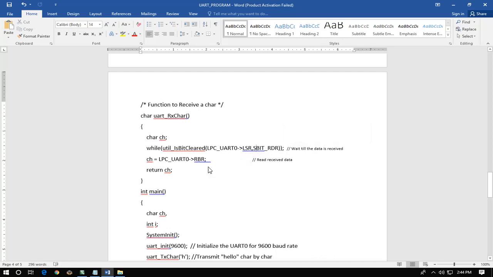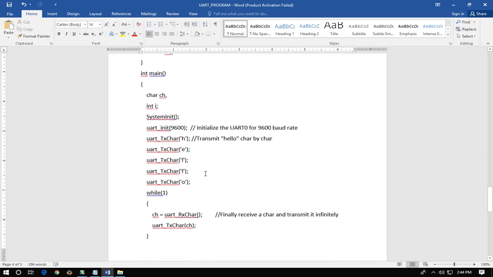Once data is received, it will be present in the RBR register, that is the receive buffer register, and that will be transferred to the ch character variable, which will save the 8-bit data, and then it will return the 8-bit character data.